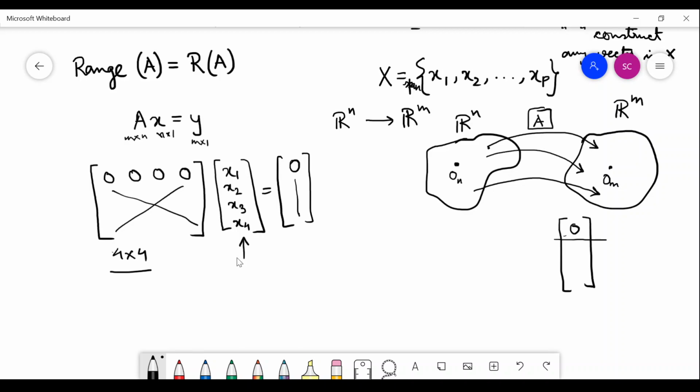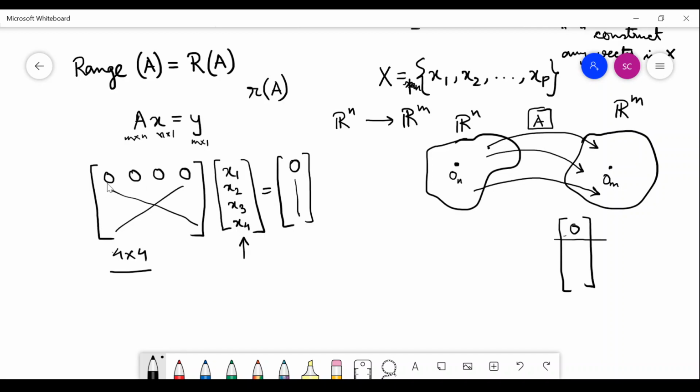So that is the range space. But normally finding out the range space is difficult in this manner. In this diagrammatic manner, it is difficult to find out the range space. What do we actually find out? We find out the rank of the matrix. So instead of finding out the range, we find out the rank. And from this trivial example, you can understand what this means. This one row being 0, what does this mean? Do we always need a row to be 0 in order to have a lower dimension range space?